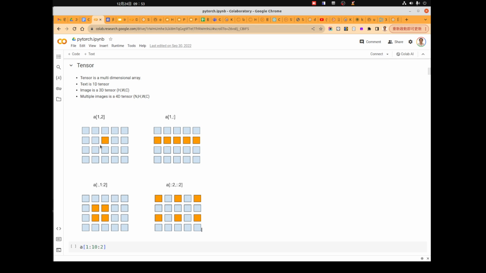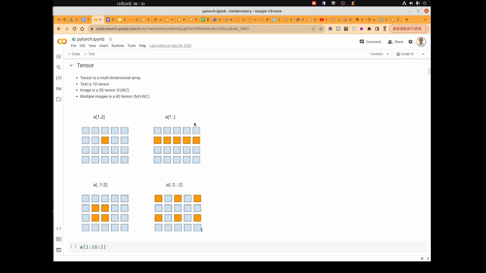And if we want to access the second row, we say row 1, and write just a colon without any number. It will access the whole column by this symbol.